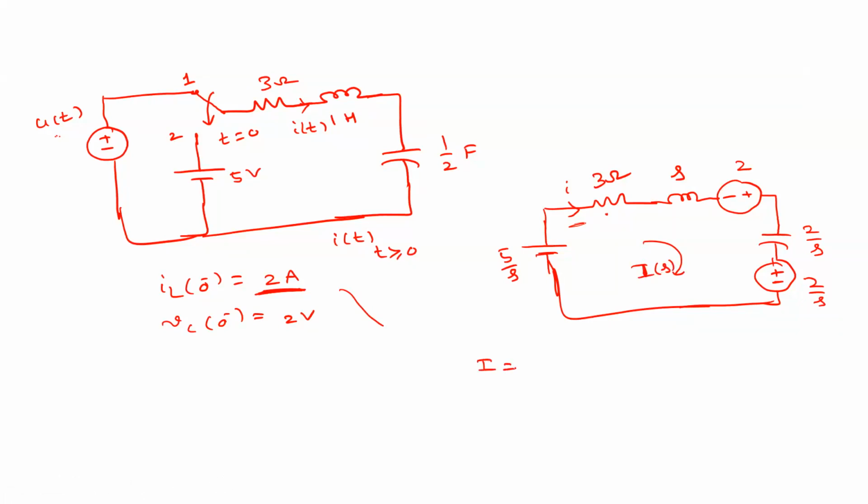So what is I here? Or else we need to apply KVL first, right? So what will you get if you apply KVL in this equation? What are the sources here? 5 by S minus 2 by S, correct? Plus 2? No, this is plus 2. This will come first, right? Which is equal to